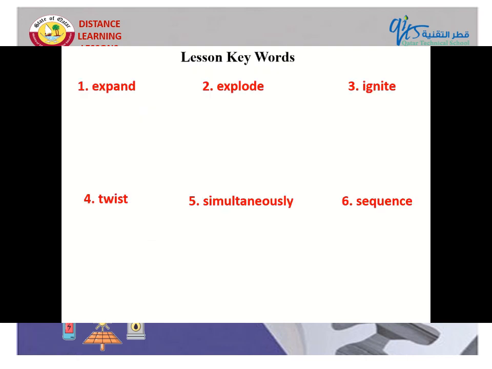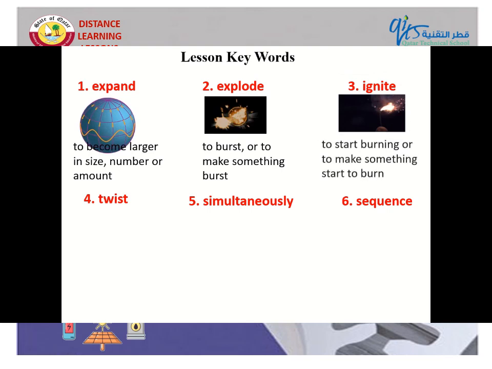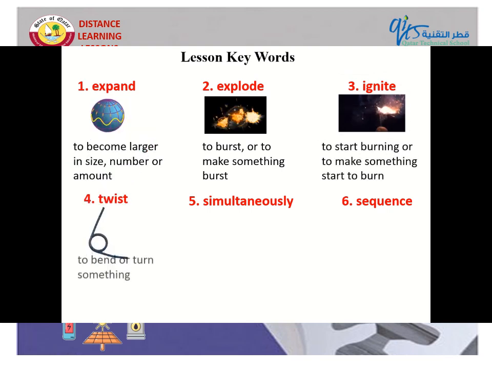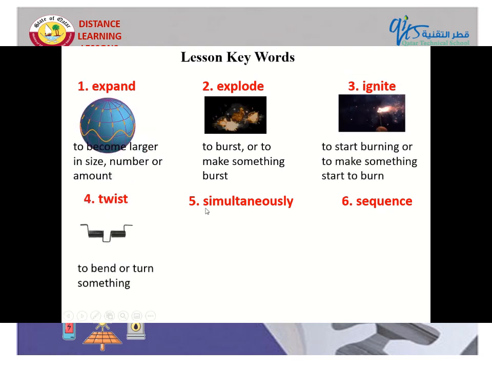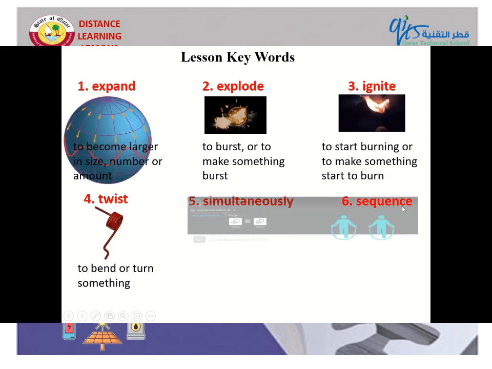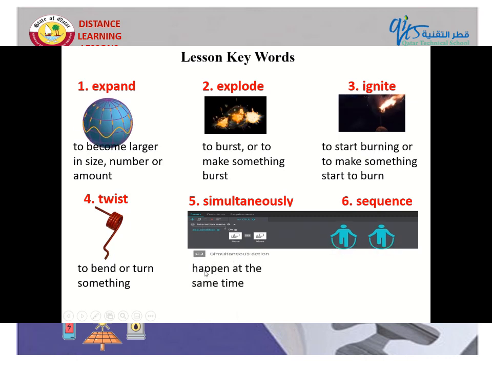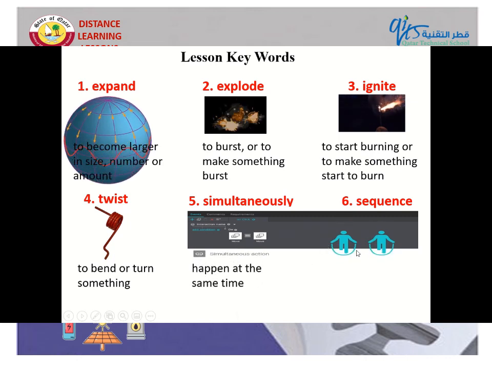You will notice that 1 to 4 are not new, so look at the pictures and read the meanings to refresh your memories. We will concentrate on 5 and 6. Read after me. Simultaneously, simultaneously, sequence, sequence. Now, simultaneously means to happen at the same time, just like these guys are jumping at the same